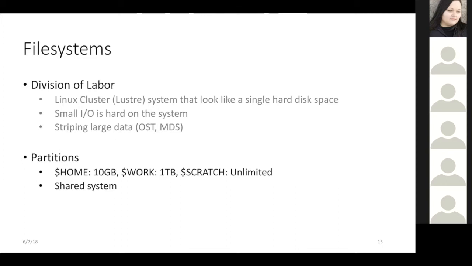And that's the other thing to keep in mind, that this, once again, is a shared system. So if someone's job is writing out to a partition on the file system and doing it poorly, it can drag down the rest of the system. So occasionally we will have to cancel jobs and contact users because something in your code isn't running efficiently. And so we'll reach out to you to try and fix that so that the slowdown in the file system doesn't impact other users.